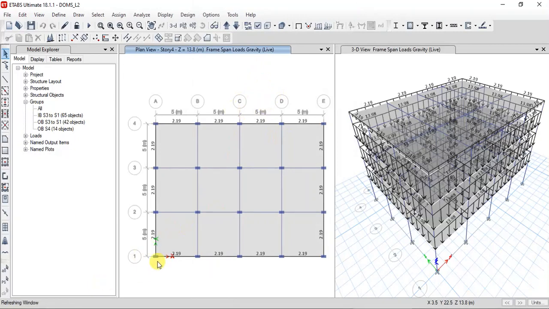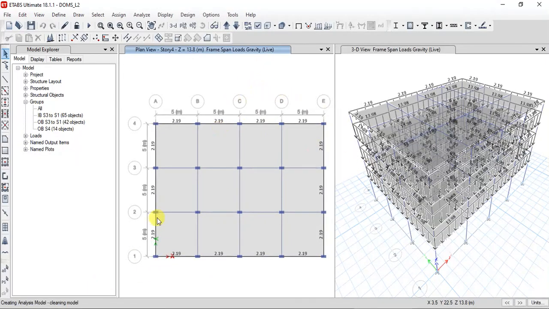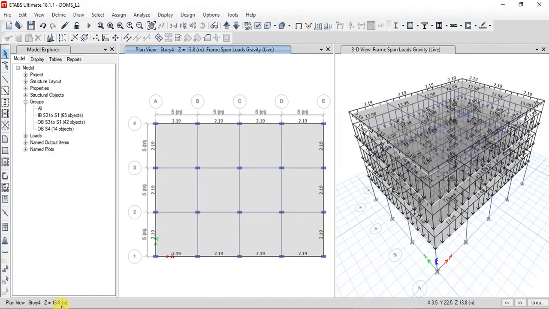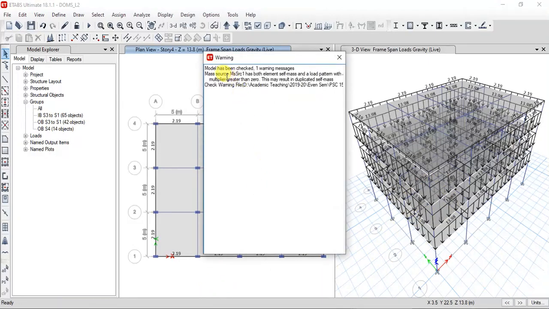Then the software will run the check and give a result after completing it. In the model check, one warning message has been given.